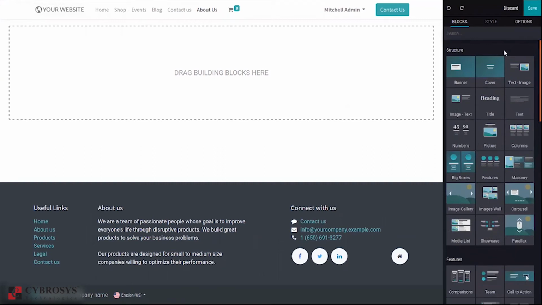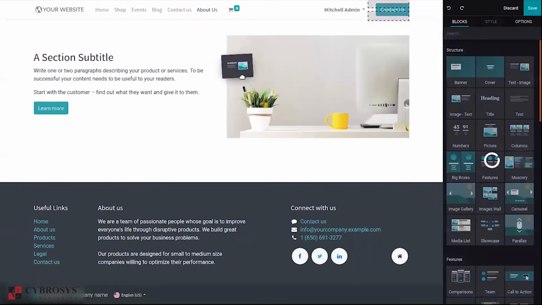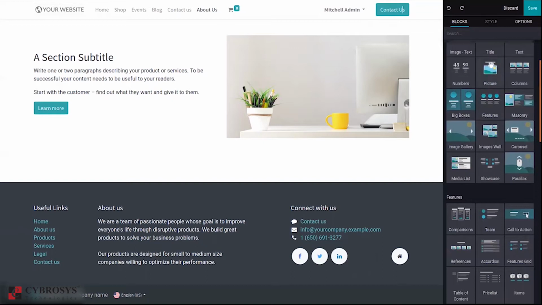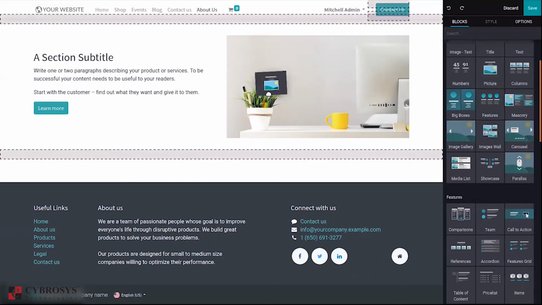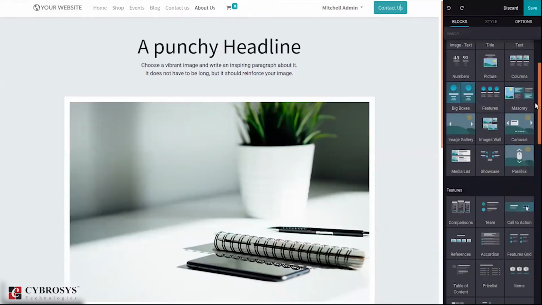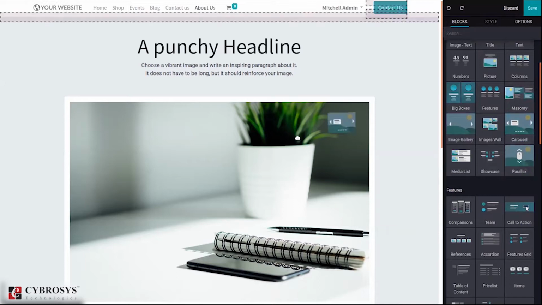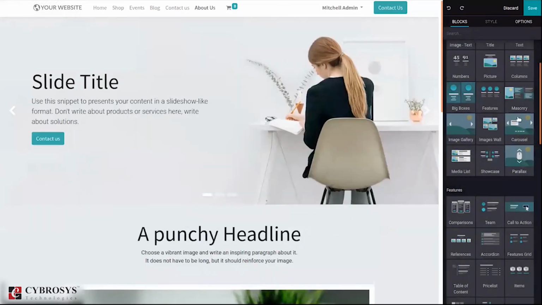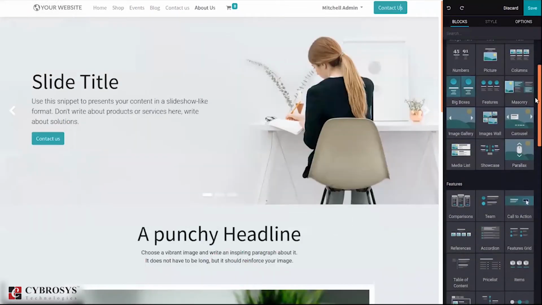We can add details and some customizations, like text and image. Then you can add a title for your page. If you want to add a picture, you can drag and drop like this, and you can add big boxes features. Then we can add a carousel for your website by dragging like this.